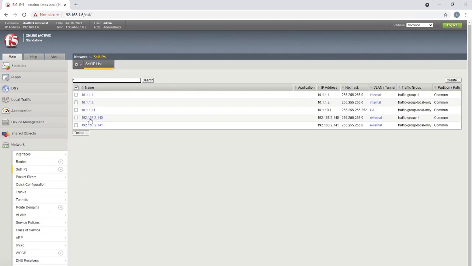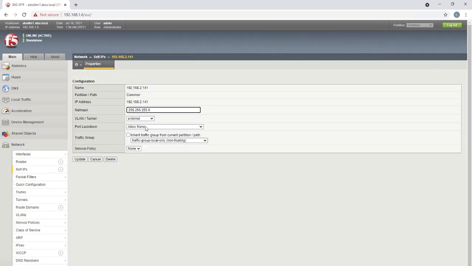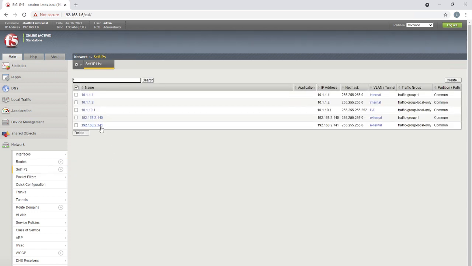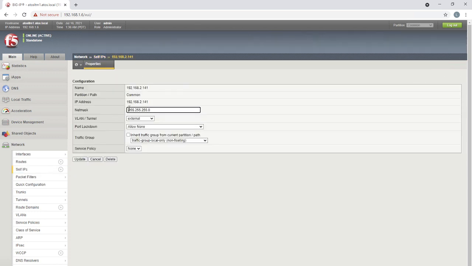I'm getting into the actual IP address, which is 192.168.2.1. It's an external VLAN. Port lockdown, see what has been mentioned? None. Under network, under self IP, I have chosen the IP I'm trying to manage. So 141 is the self IP, and that IP is not allowed to do any sort of management.